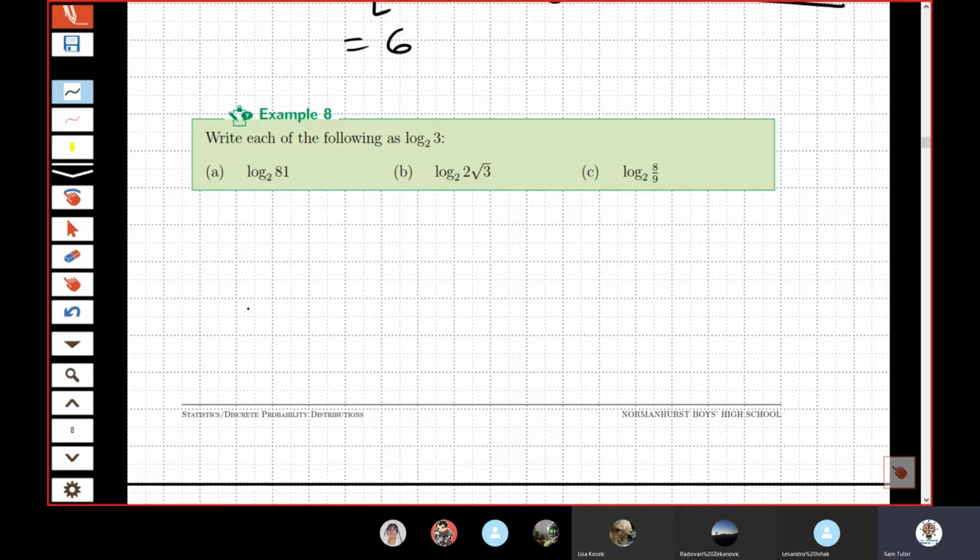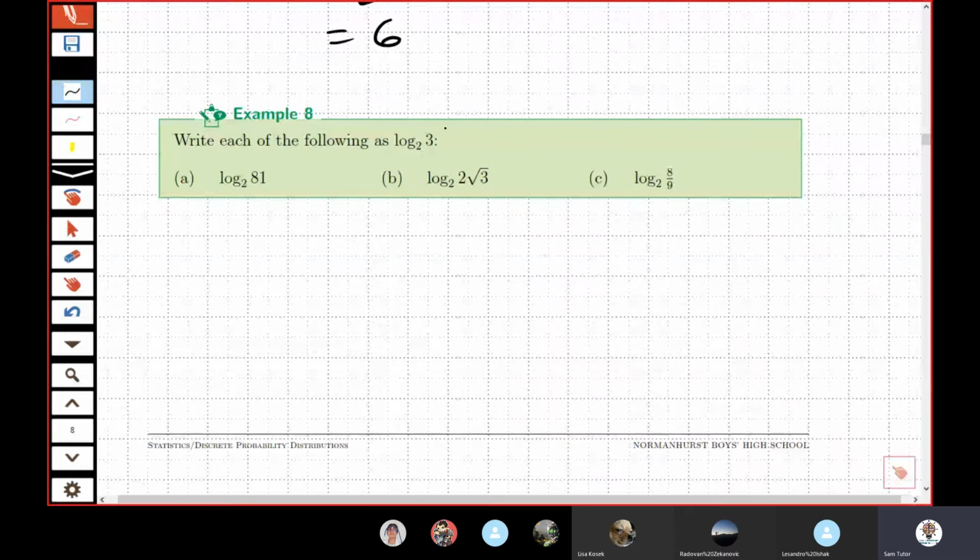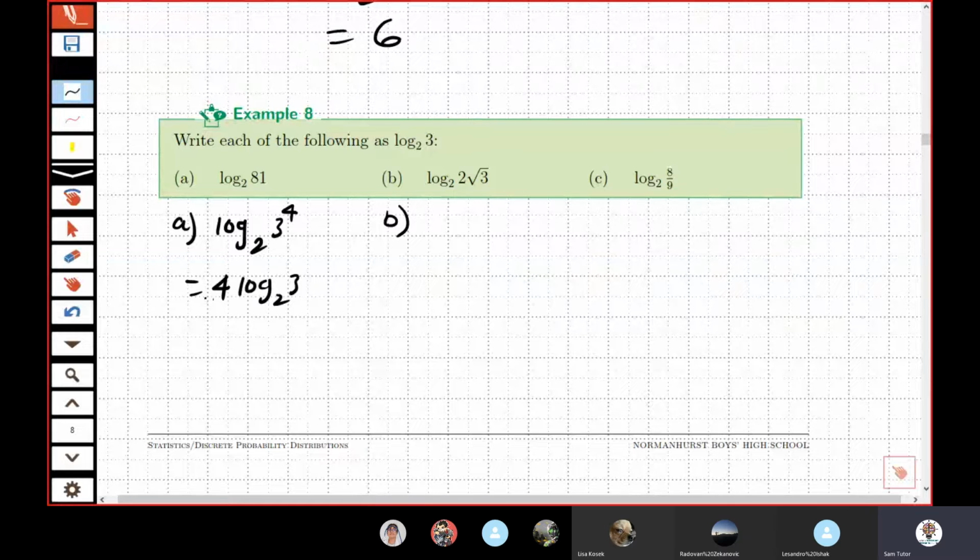Write each of the following as log 3 sub base 2. So write each of the following like this. All right, log 81. Well, I know 81 is obviously 3 to the power of 4. And then, of course, you just bring the 4 down. There it is, 4 log 3s. So log 81 is 4 log